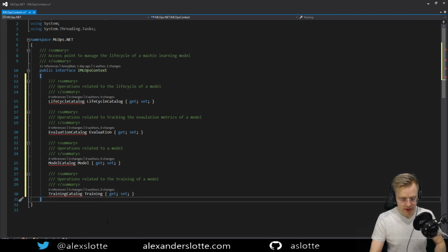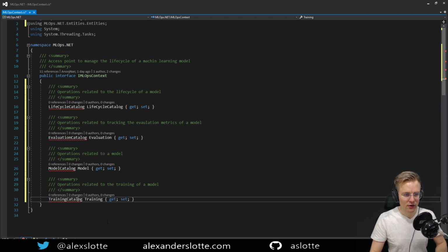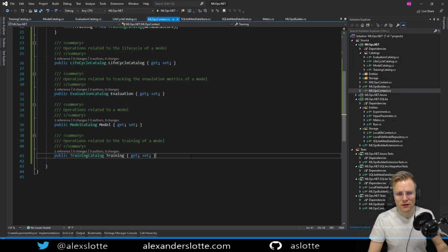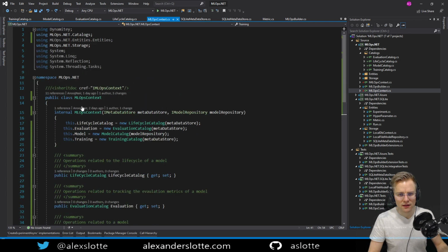Cool stuff. Alright, so let's add some dependencies here, because we're missing the catalog namespace. There we go. And we're good. We can close this one. But that also means that we don't need to go ahead and inherit this. We can inherit all these things here instead, make it a little bit cleaner.